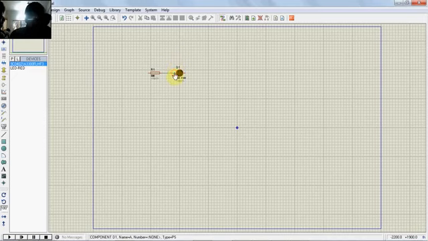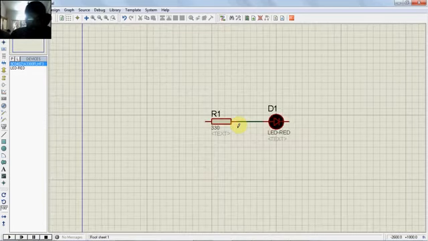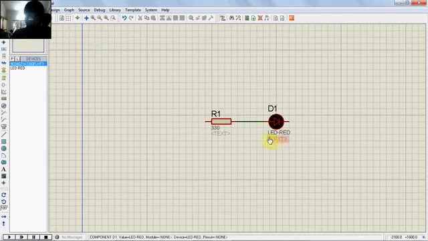I will zoom in so that you can see better. Here the zoom buttons are there. You can use them, or the scroll button of the mouse, or the laptop's pad. Now, one more thing: these devices are seen in the components mode here. If you select the components mode, you can see the devices, and there is a selection mode which can be used to select these things, the LED and all those things.